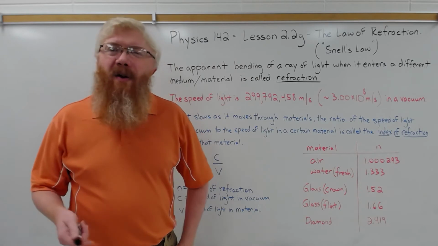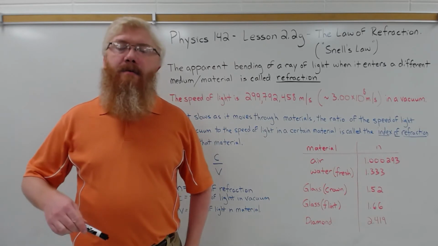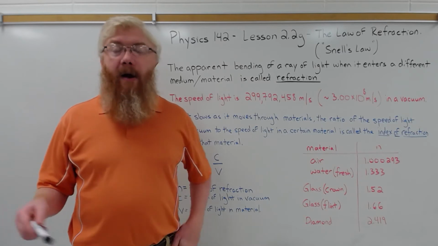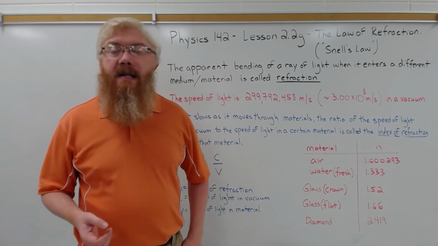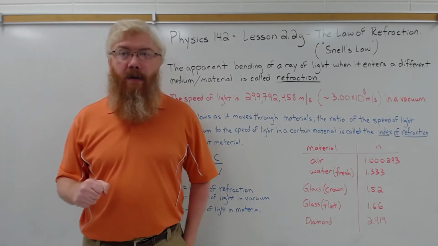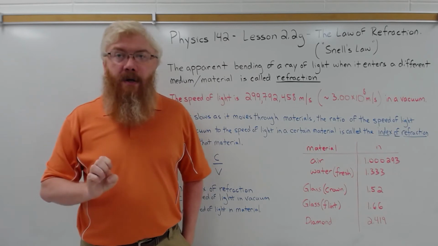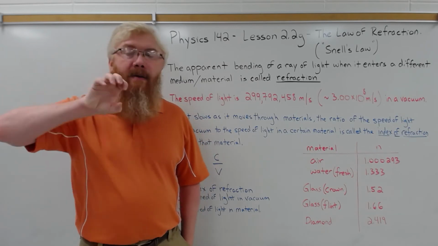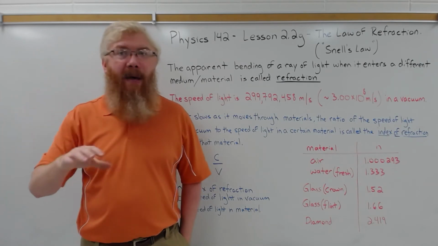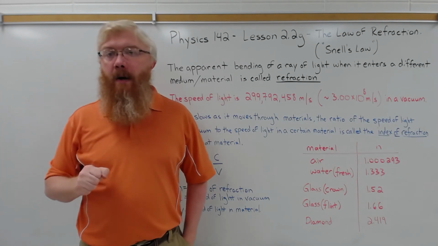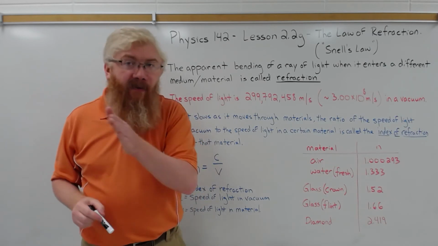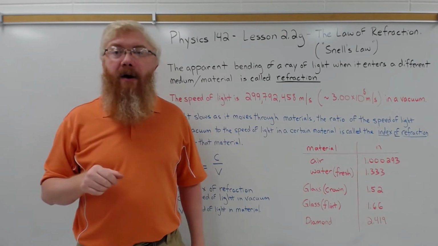And it can also vary in air, depending on the density of the air, right? Air can be a different temperature. Air can be different and therefore have different densities. An example would be if you've ever looked at the air over a hot grill, right? You know that the air shimmers. And if you're looking through that hot air coming off of a grill or a hot road, the air coming off of a hot black paved road, that shimmering effect is due to the different index of refraction of the different temperature air in that